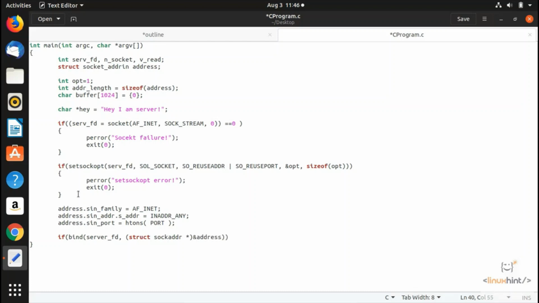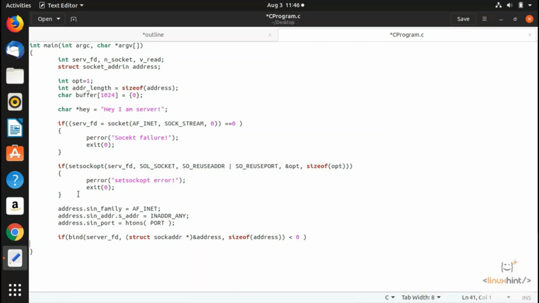Okay, and after that we put a comma, then we write here sizeof, and inside we pass the address. Okay, and if all of that is less than 0, it means that there is some sort of error,